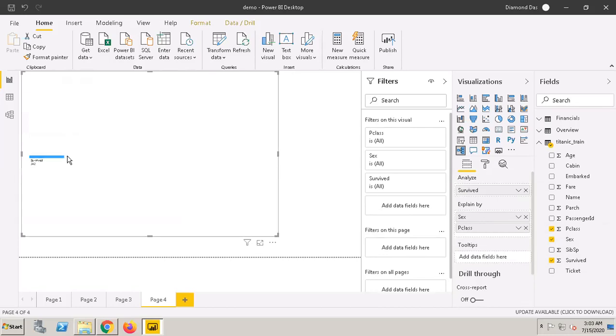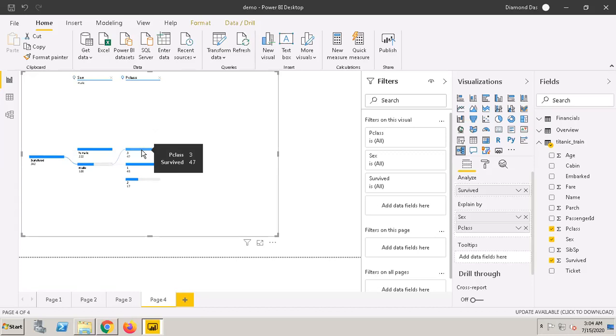Okay, so now this is survival. So 342 survived. If I'm expanding it, I want to go to high value. So now if you see, of 342, 233 were female, and 109, if I'm not mistaken, were male. Then again, I want to see high value. So now most of them were from class 1 passenger class. Whereas in terms of male, if you see, most of them who survived were from class 3 passengers.